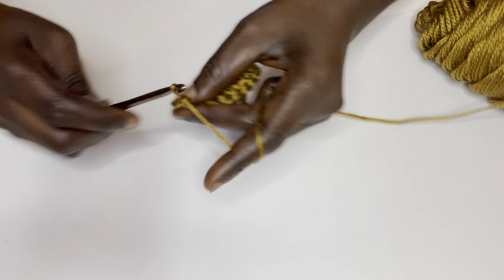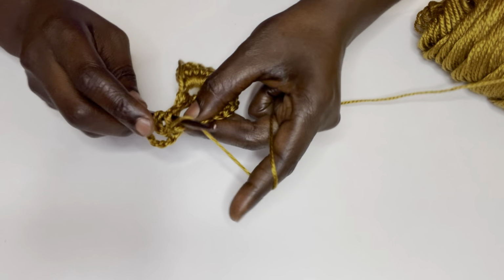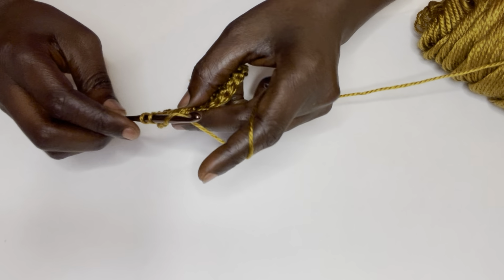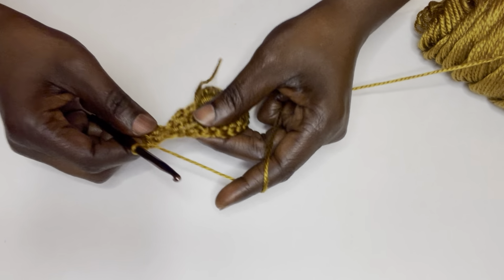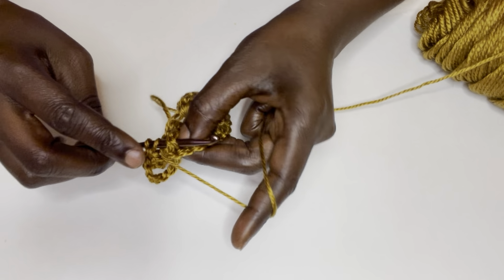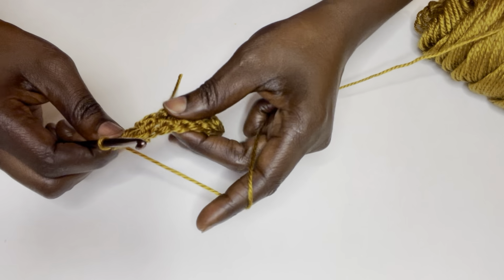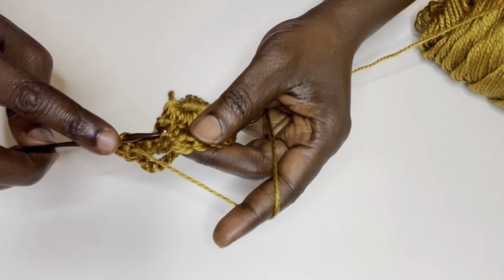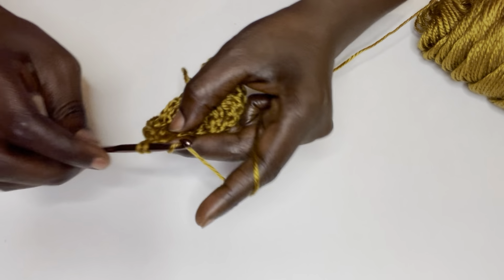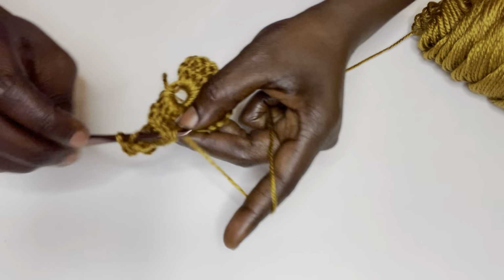To work a front post double crochet, you're going to yarn over, go underneath the stitch, yarn over, pull through, yarn over, pull through 1, yarn over, pull through 2. Once again, yarn over, go underneath the stitch, pull through, and then work your double crochet. Yarn over, go under the stitch, pull through, and then complete your double crochet. That is your front post double crochet. And we're going to do this